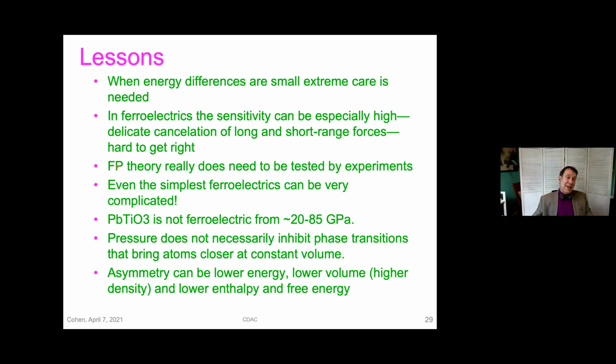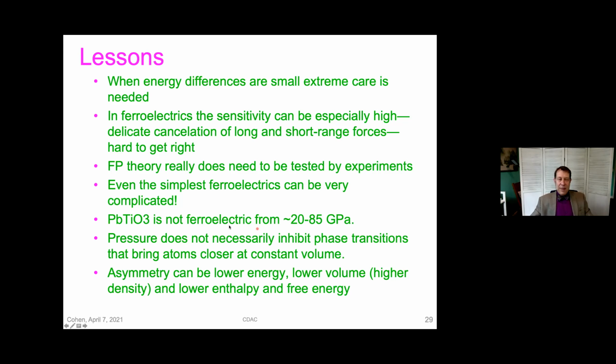And another one is that even the simplest ferroelectrics can be very complicated. A lot of ferroelectrics are a lot more complicated than lead titanate. So, like Slater said, there's some hope we can fully understand it. We think lead titanate's not ferroelectric from 20 to 85 GPa. And then the last two things are really the things that I think are the general lessons for everybody in this seminar. So first is that, and maybe we know this from many other works over the years, but compared with what we thought decades ago, it's surprising still to me,